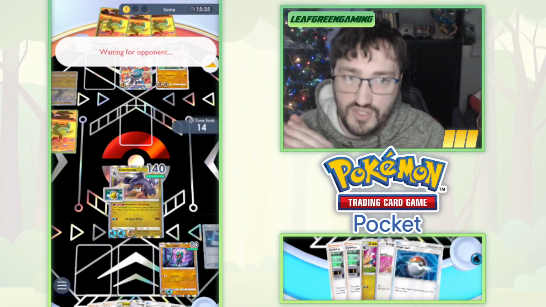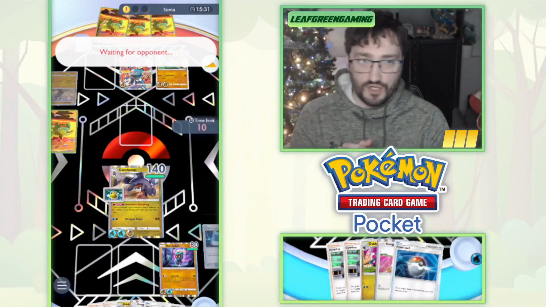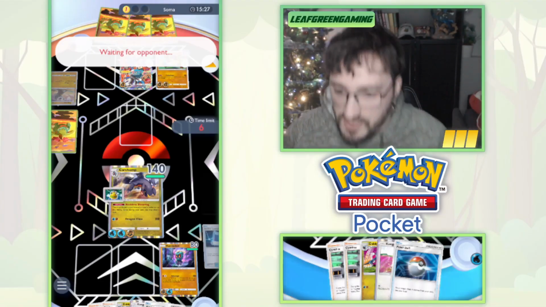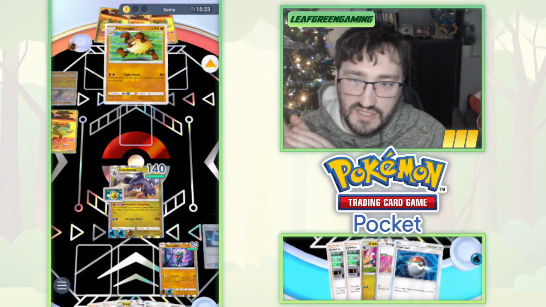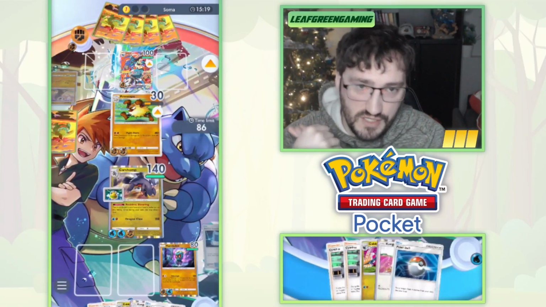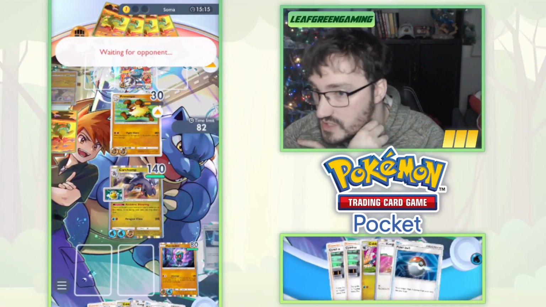But I like the fact that you can discard and draw another card every turn. You get through your deck if you need something, you can get to it. The thing is, with Garchomp, you're really just looking to get to the Cynthias if you haven't drawn any, or another Pokemon if you can't get to it. So